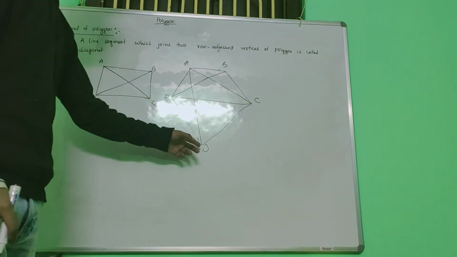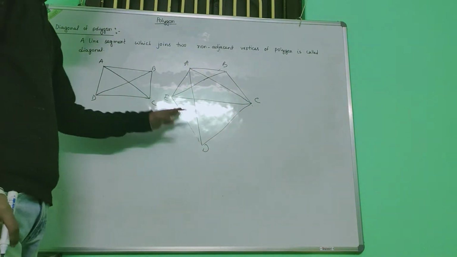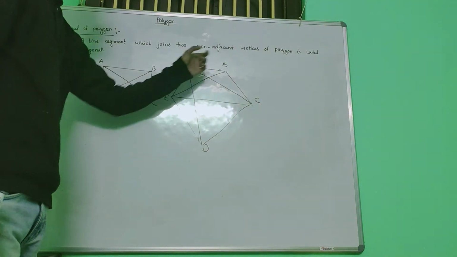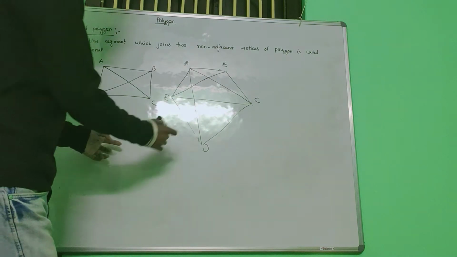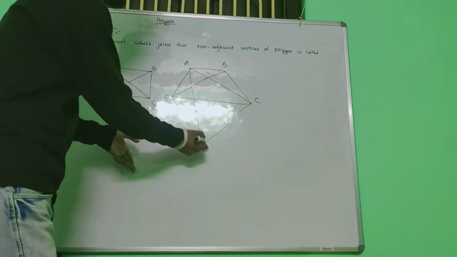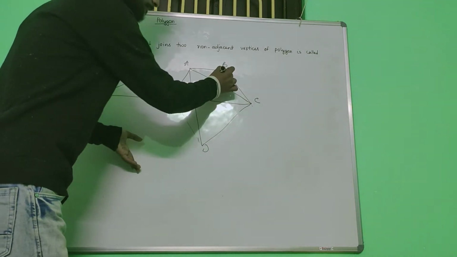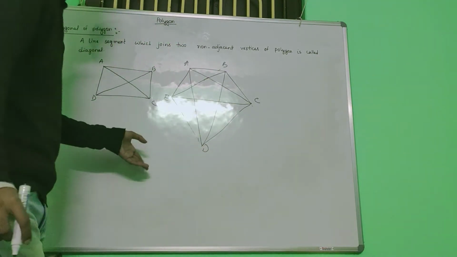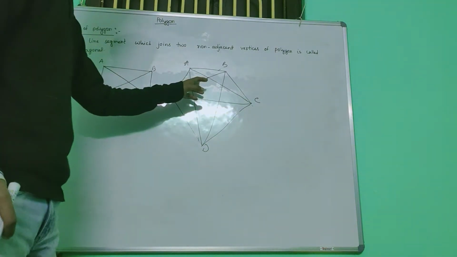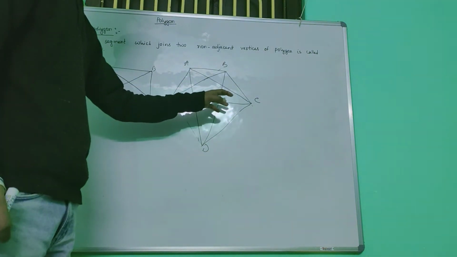Similarly, from D, we can see over here there are two adjacent vertices. So the non-adjacent vertices are A and B. So we can draw D to A, already drawn, and D to B. And from C also we can see over here. These lines: 1, 2, 3, 4,